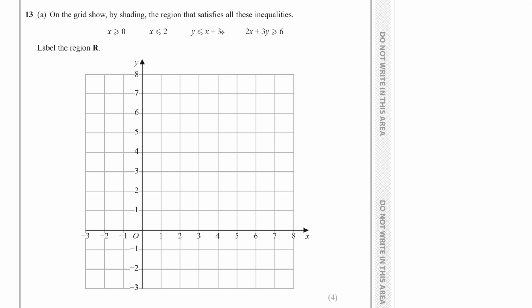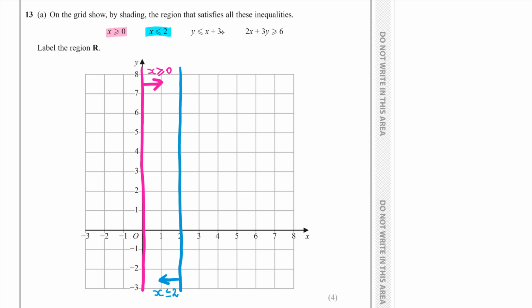Question 13. On the grid, show by shading the region that satisfies all these inequalities. Label the region R. For the inequality x larger or equal to 0, we need to draw the line x equals 0, and it's going to be a solid line because the 0 is also included. The inequality x larger or equal to 0 represents the whole region to the right of this line. For the second inequality, we need to draw the line x equals 2. And the region to the left of this line represents all the points where x is less than or